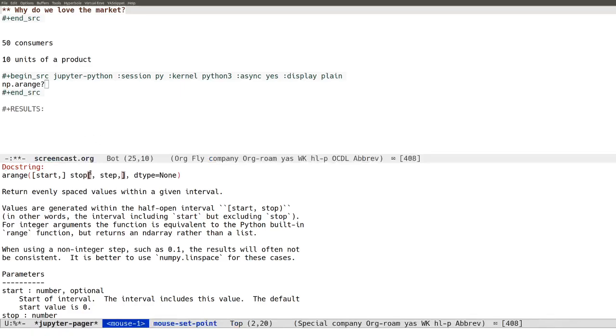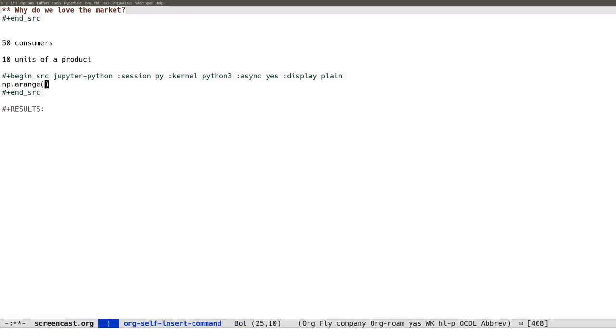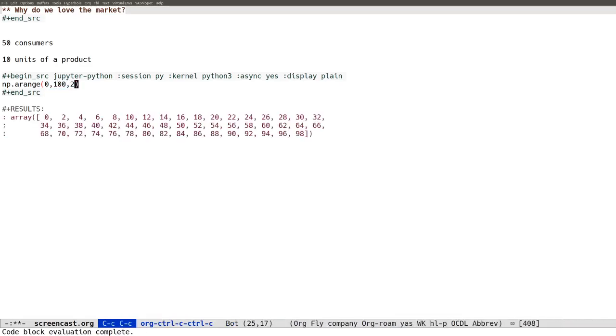So in our case, we could start at 0. We could go, let's say, to 100, and we're going to take steps of 2. So that's going to give us this array of valuations where the first consumer has value 0, the second consumer has value 2, and the last or 50th consumer has a valuation of 98 for this product. So this would give us